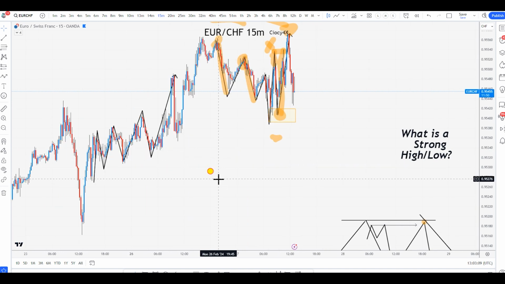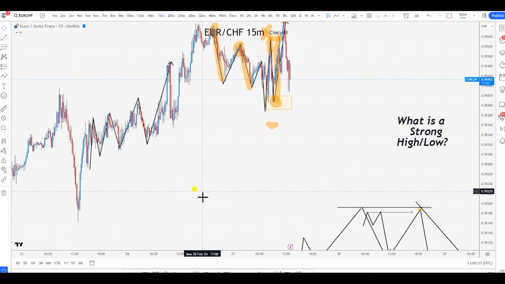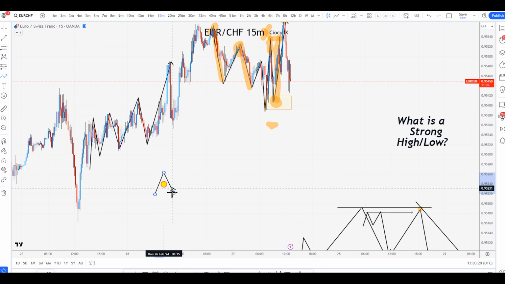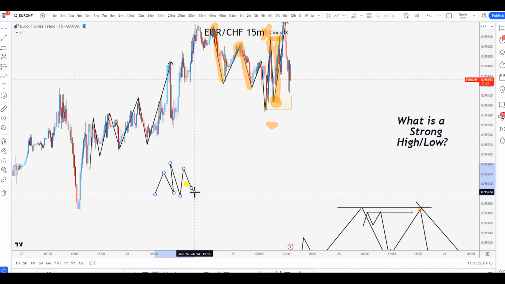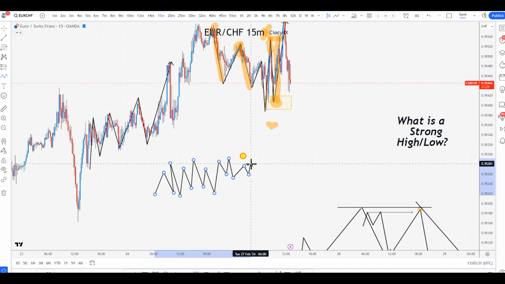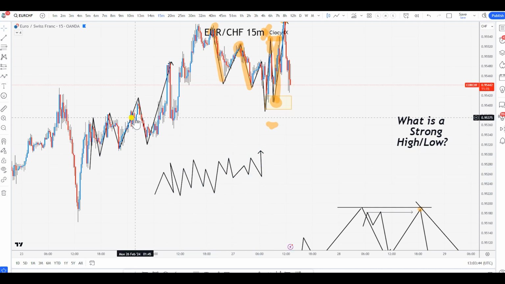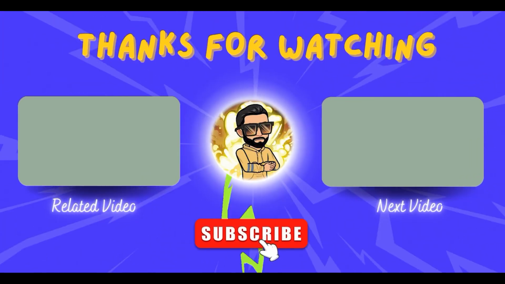Now, I get it. Probably sometimes it's very hard for you to understand how exactly the structure is formed, because here it looks clean, right? But then many times you have a scenario where you have this, and it's so complex, like, what the hell am I supposed to do? What is even going on, right? Well, don't worry, because I already said that previously, and I'm saying that again because I know that video is so powerful, but unfortunately not many people are watching it, and that's fine, whatever. That's up to you, literally. But if you want to know how you can turn all this mess from this structure to this structure, then make sure that you watch this video over here, because in this video I show you exactly how you can do that.